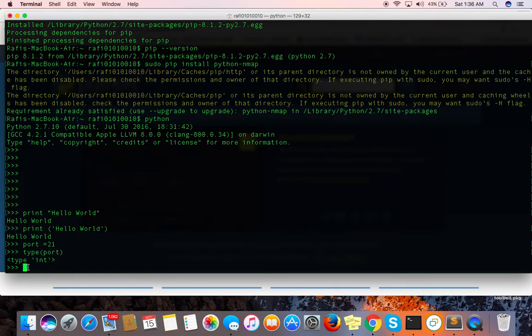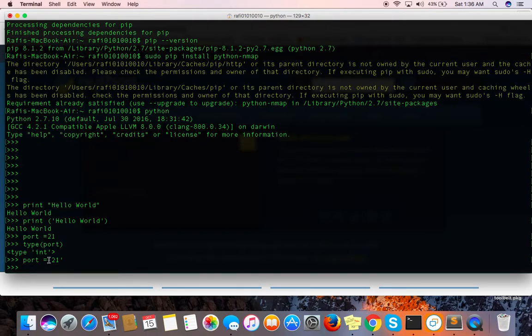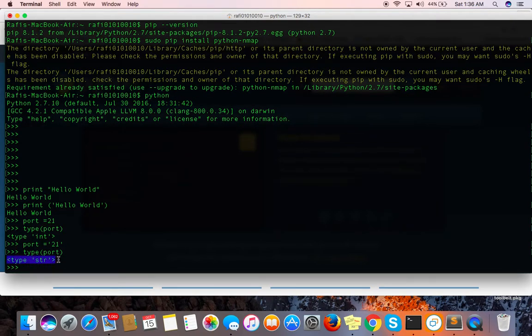Okay. What happens if I set port is equal to 21 with brackets, commas, and so on? So I'm going to enter. It is a string basically. In programming languages we use this for the string. Now I'm going to check the type of this port variable. It will automatically detect that it is a string. Okay, so Python is a very smart programming language and detects automatically what kind of value is assigned